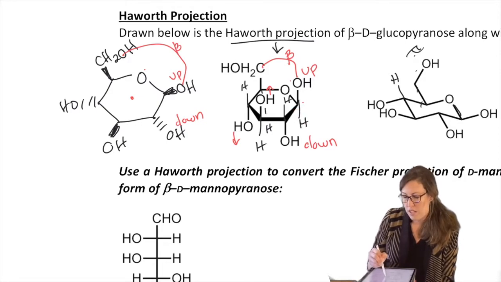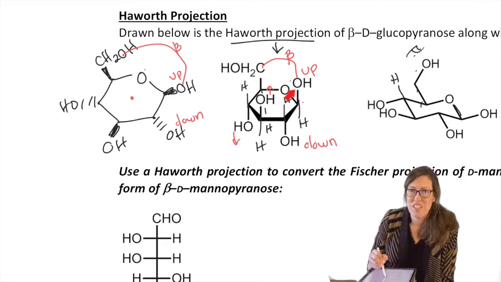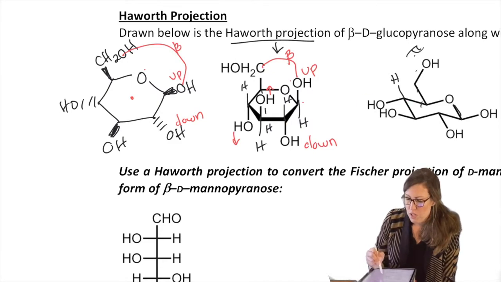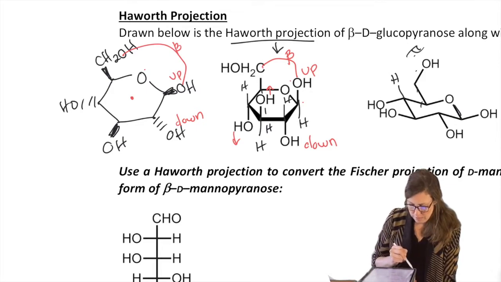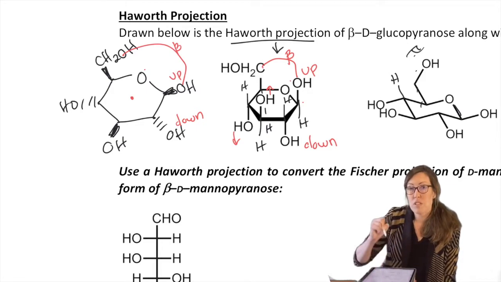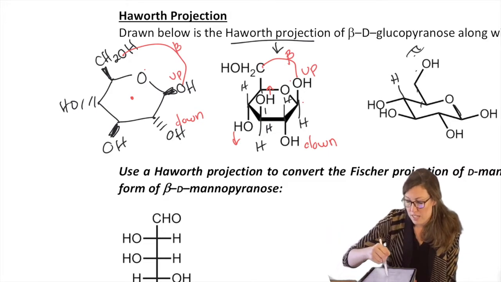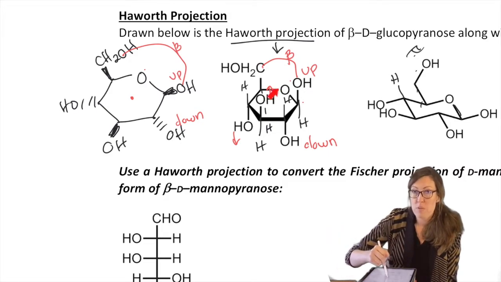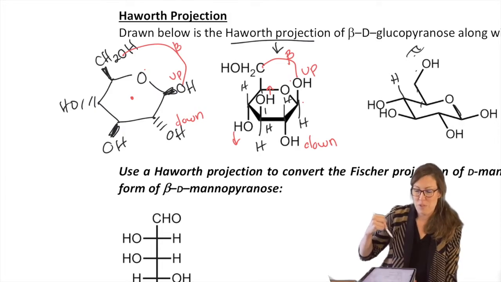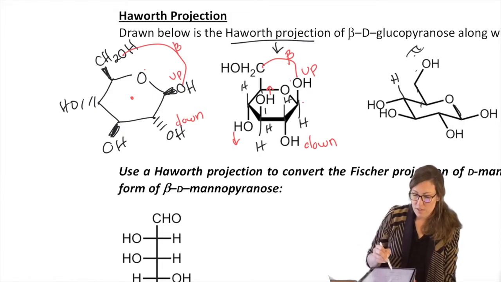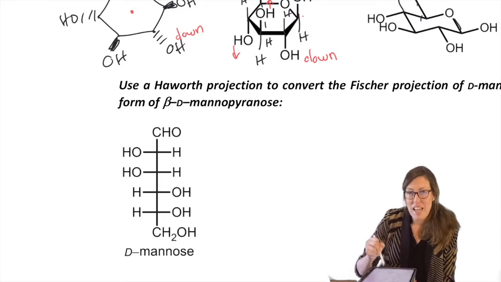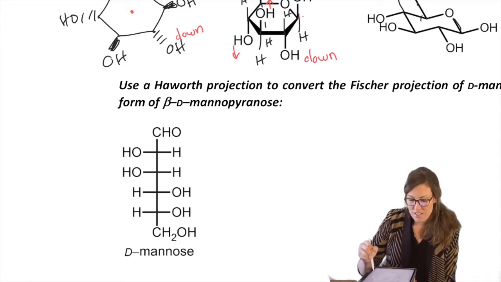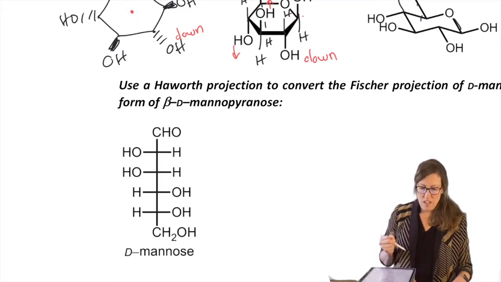So there's a lot of publications that will have Haworth projections as well as the biochem textbooks. So you want to be comfortable with all three, okay, so that you can visualize what's going on. You also want to be comfortable, just like we practice closing the ring, remember that's reversible, going back and opening it and seeing where it came from, what straight chain did it come from. So that means interconverting between Fischer, straight bond line, regular bond line ring, Haworth, and chair. Lots to practice there.